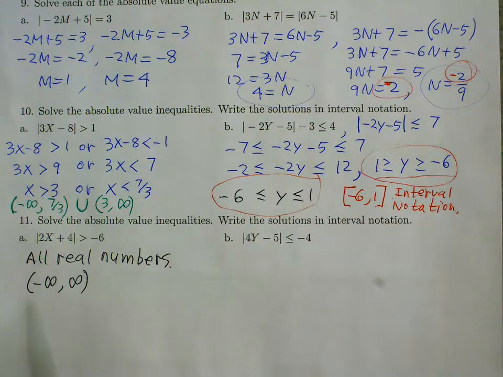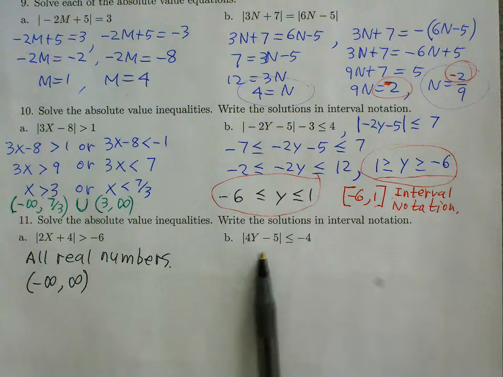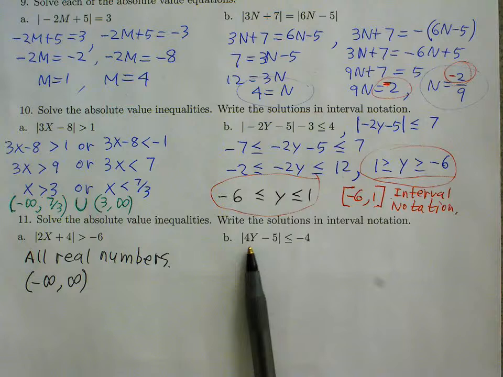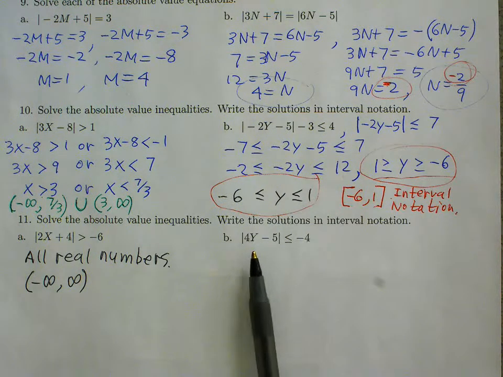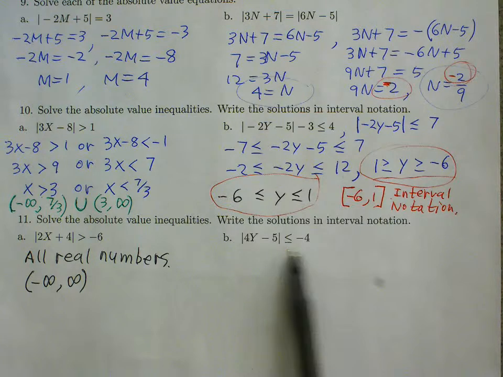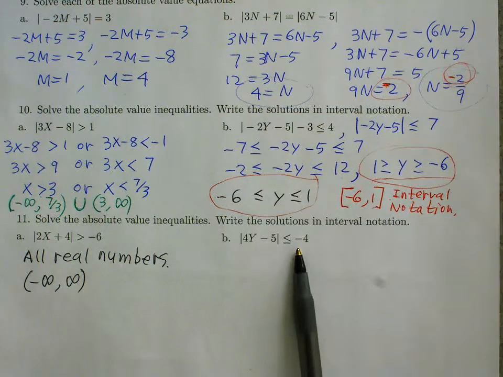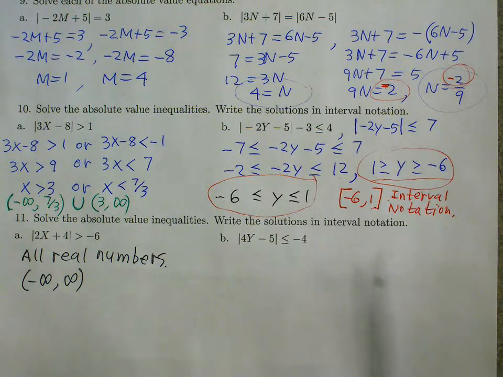Okay, so this sort of depends on your understanding of the absolute value and just thinking about what it's telling us. Okay, the other one, the absolute value of 4y minus 5 is less than or equal to negative 4. Well, if you pick y to be a real number, and 4 times y minus 5 is a real number, the absolute value of that number can never be less than or equal to negative 4. So this inequality has no solution